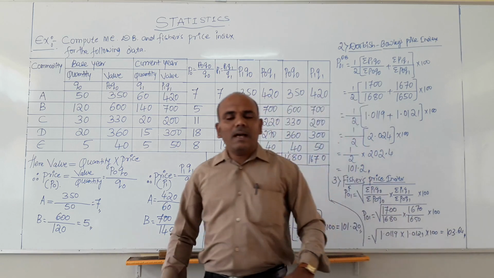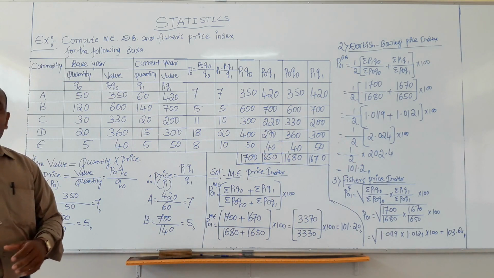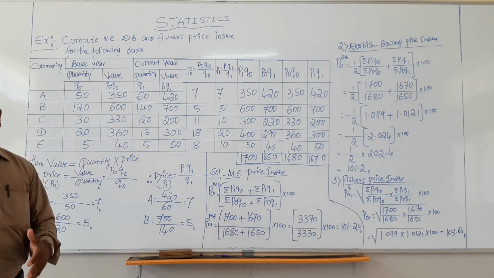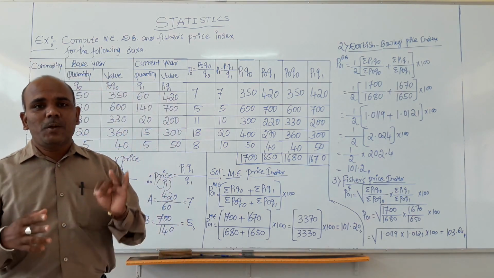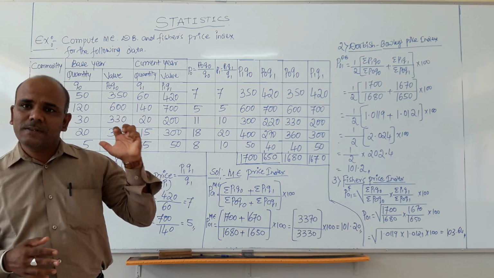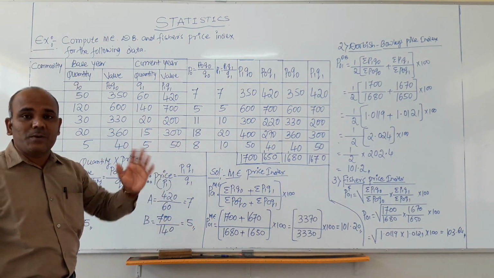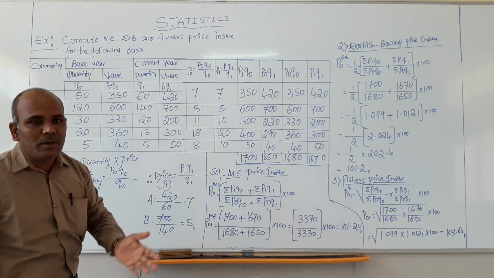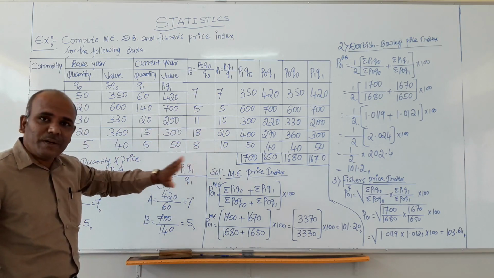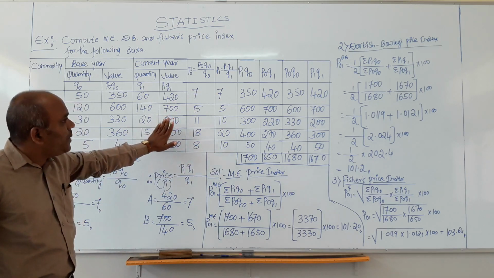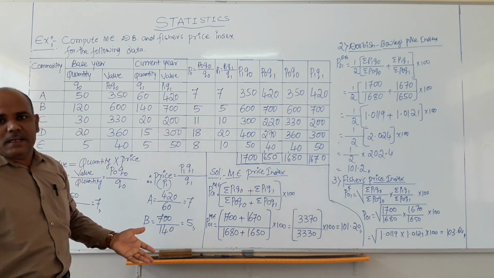103.64. I think you better understood these concepts, how to construct the price index: Laspeyres, Paasche, Marshall-Edgeworth, Drobisch-Bowley and Fisher's index. We will move on to the individual construction of index numbers, but it will take more time. This is better for knowing the details of construction of index numbers. These three problems are enough. We will move on to the next concept in the next class. Thank you.